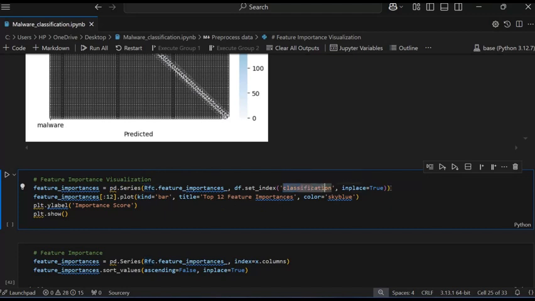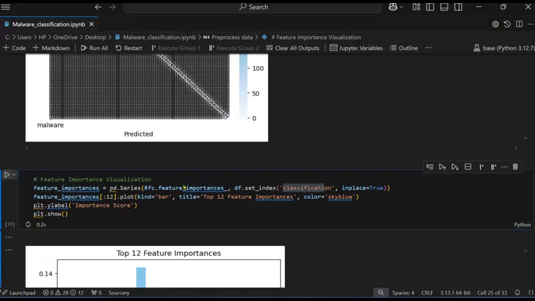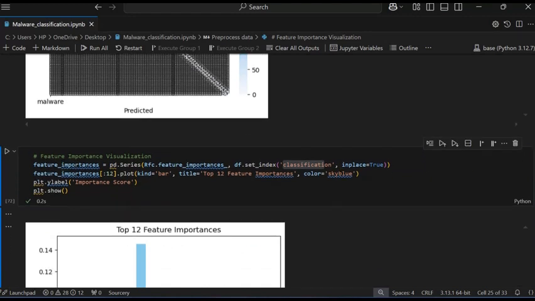This is the column name, and then it starts from the 12. Then plot kind equals bar, title. You give the title, it shows the 12 rows. Okay, and color, then y label, which is importance score, and then show. So it shows the 12 features.